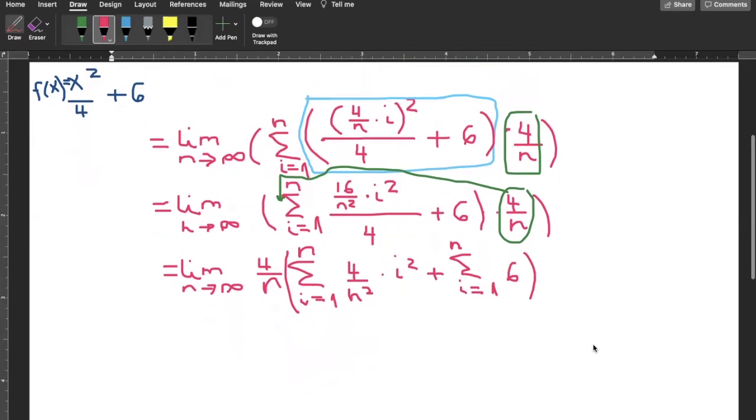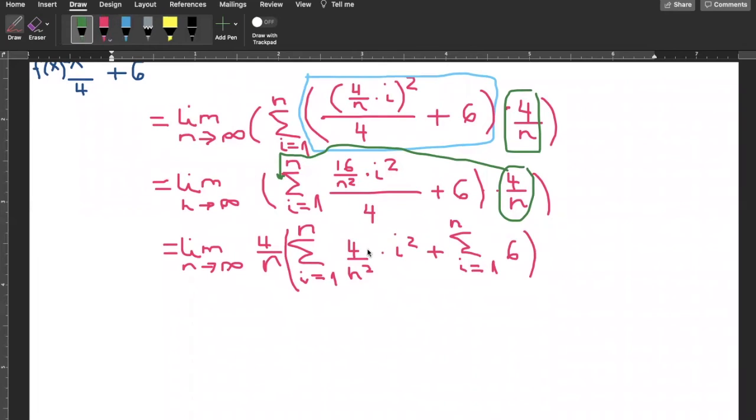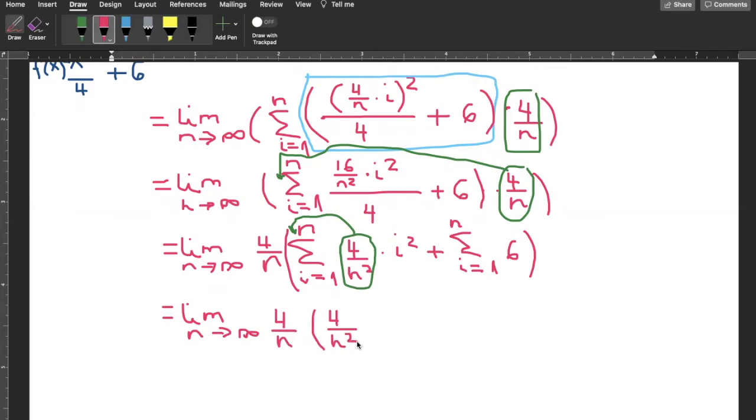On the next step, this part here doesn't depend on i, so we can put it right in front of that sum. And that would be, again, the limit as n approaches infinity. That 4 over n stays here for now. And here we'll have 4 over n squared, then the sum